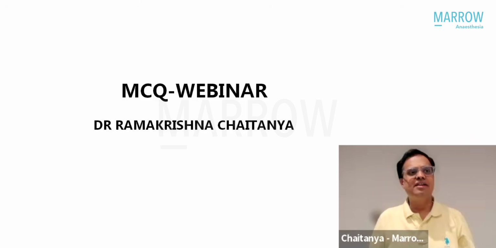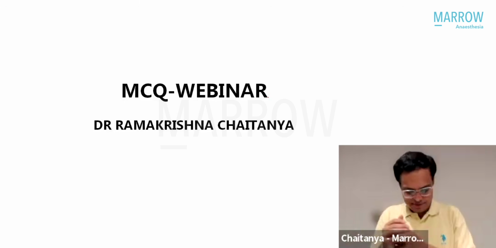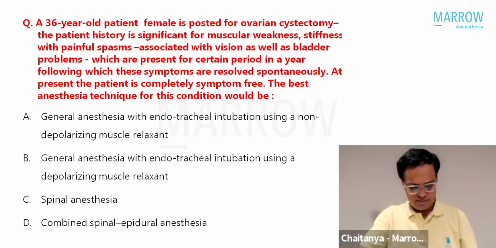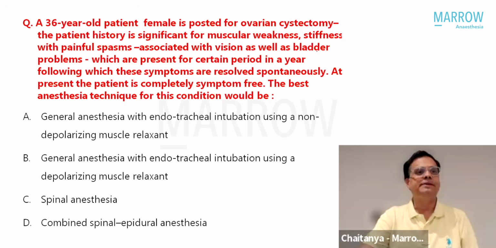Okay, so with this, shall we start the first question? Right. So what is there on the screen? What is the first question? A 36-year-old female is posted for ovarian cystectomy. The patient has a history of significant muscular weakness, stiffness with painful spasms associated with vision as well as bladder problems, which are present for a certain period in a year, following which these symptoms resolve spontaneously. At present, the patient is completely symptom free. The best anesthesia technique would be, right,